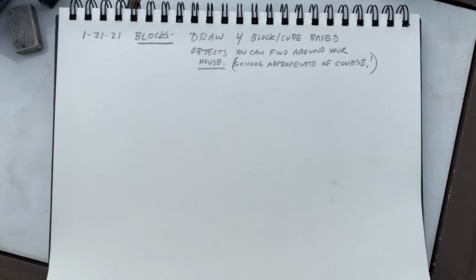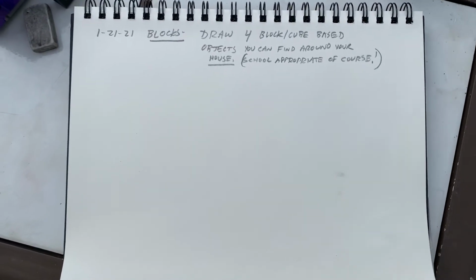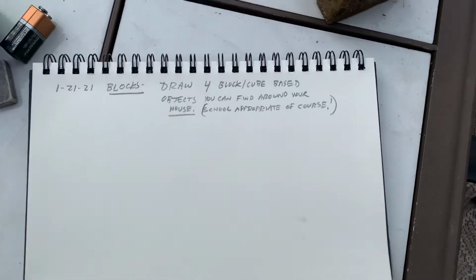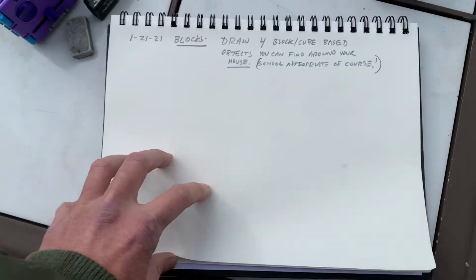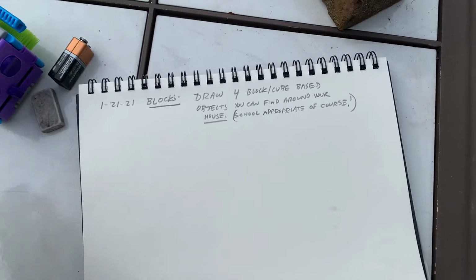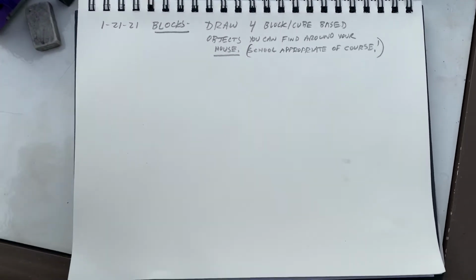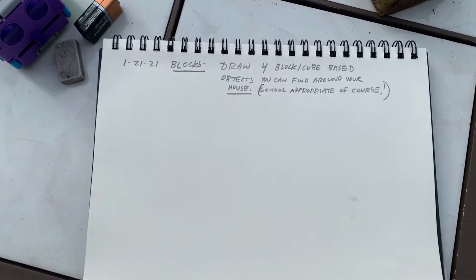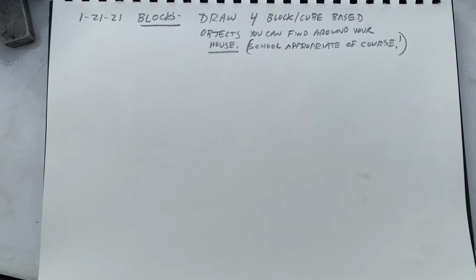Good afternoon, everyone. Mr. Middleton's going to bring you your next assignment here. We just finished the cylinders. With this one, we're going to work with the block form, as Mr. Middleton mentioned yesterday, okay? Now, for this assignment, what you're going to do, you're going to find 4 block or